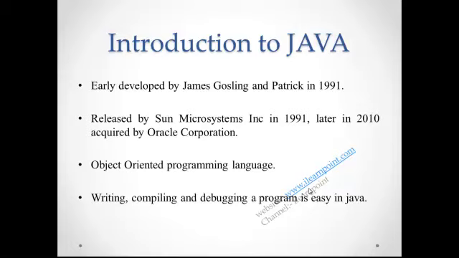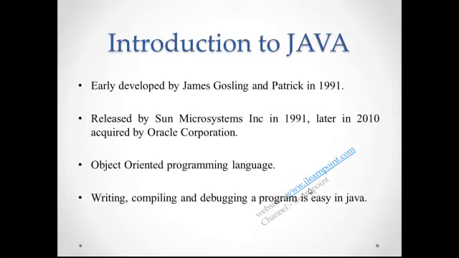So Java is a computer programming language which was developed by James Gosling and Patrick in 1991, and released by Sun Microsystems. But later on, in 2010, it was acquired by Oracle Corporation, and then they released Java. As we discussed before, Java is an object-oriented programming language, so we will mostly be dealing with Java in terms of classes, methods,